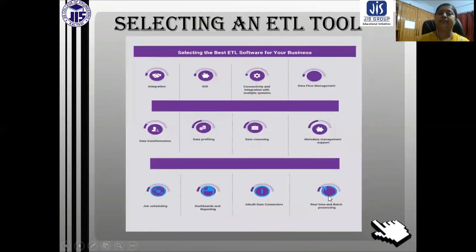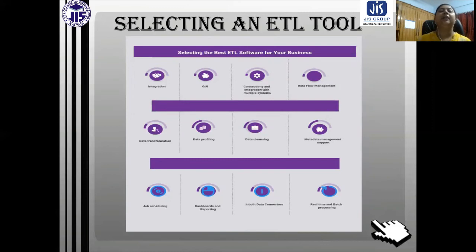Now, selection of the ETL tool. It is very important because various ETL software is available in the market, and you need to choose the best one for your business.